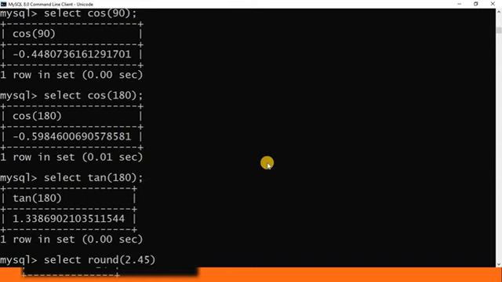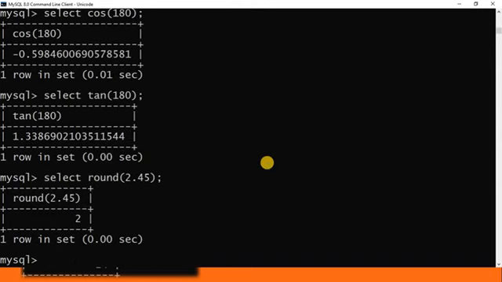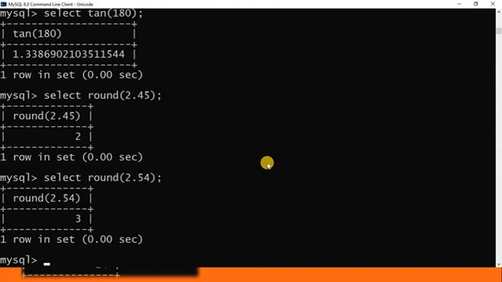What is the output? 2 only, because here 4 is less than 5, so it will round the value to 2. If I give 2.54, automatically it returns a value 3.